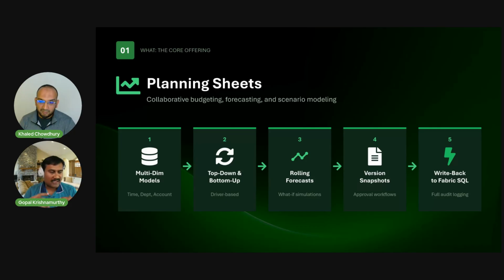But the multidimensional plan, we are able to introduce it, and it is self-service because it is built on Power BI. Unlike any other software, you can actually connect to the semantic model, create the baseline, and finish it in the next 10 minutes, basically. We love our semantic models. Yes. So that's the one.